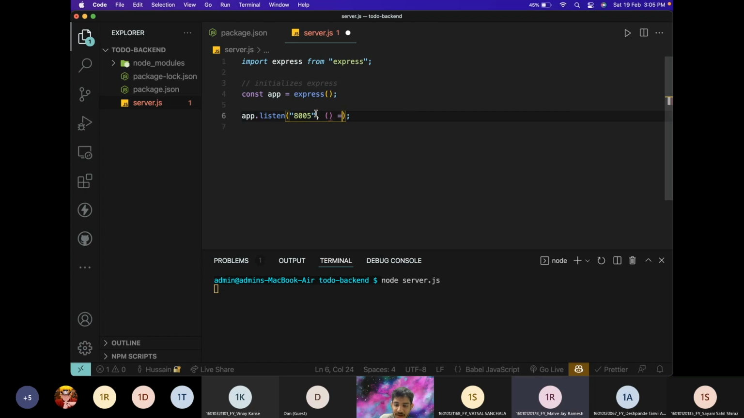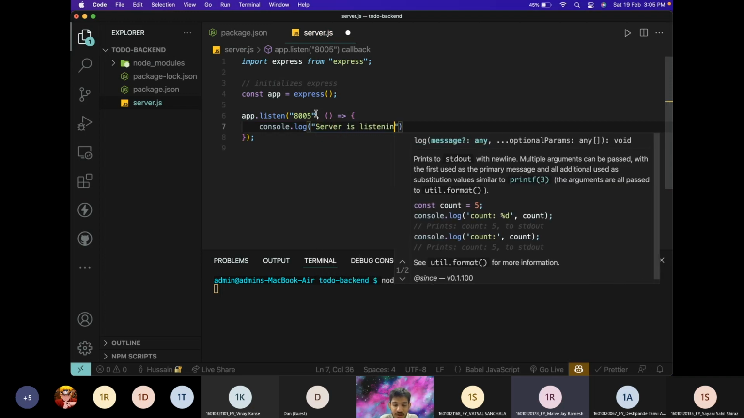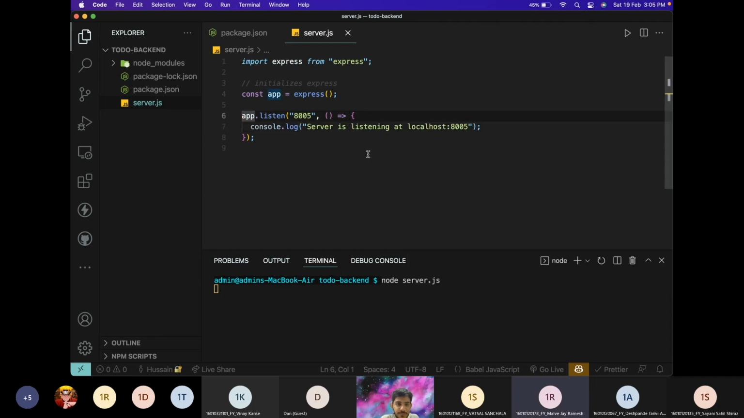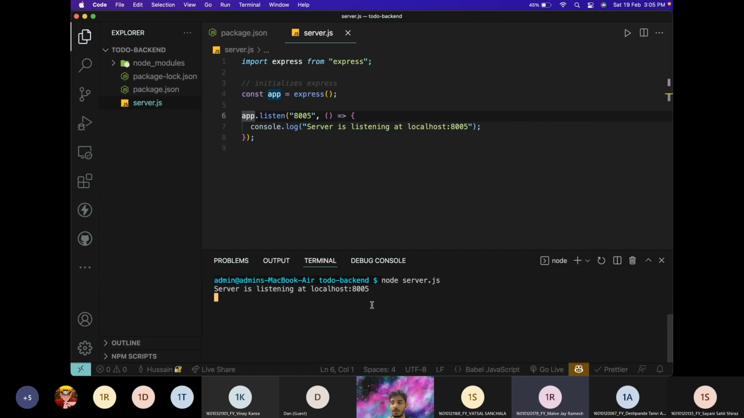So the second argument that listen takes is a callback. And inside of this callback, I can say that server is listening at localhost 8005. Okay, and now if I again run server.js, I see that server is listening at this port. Okay, so now that I have some feedback from the listen function,